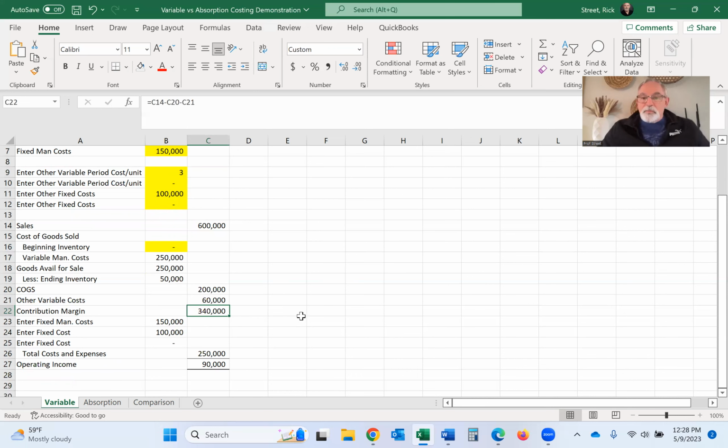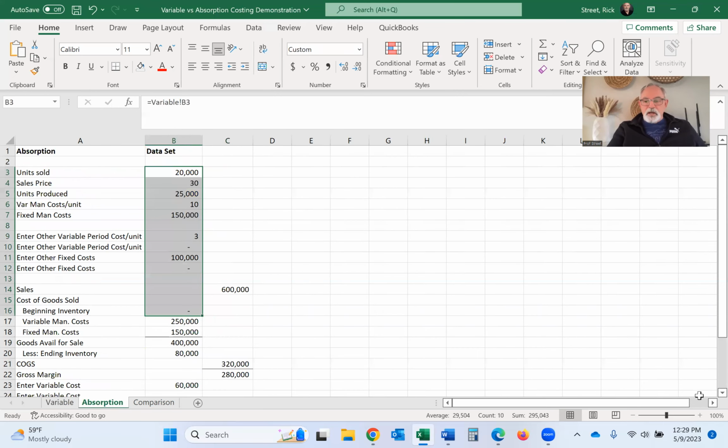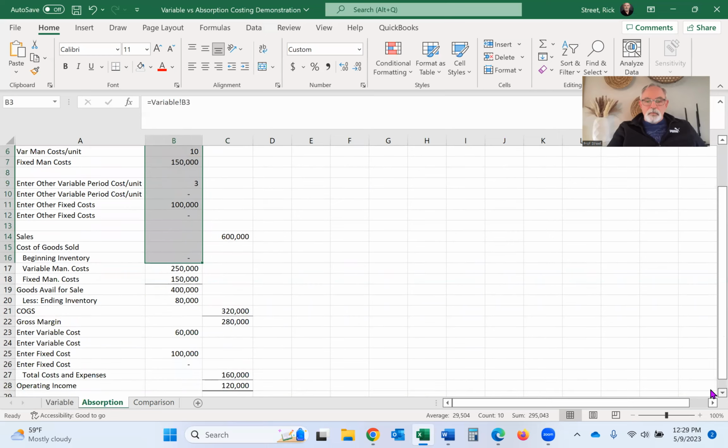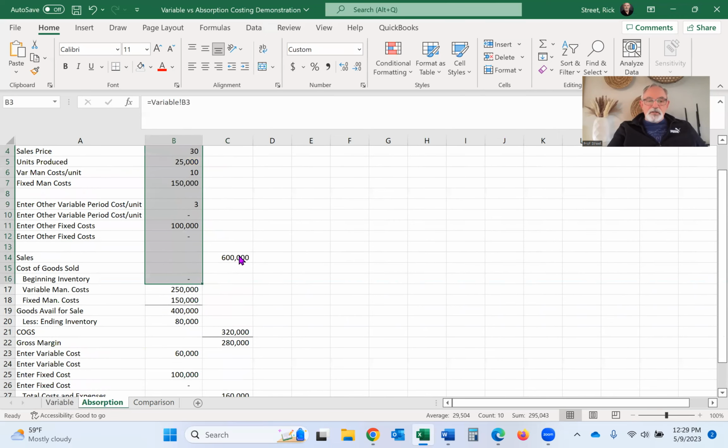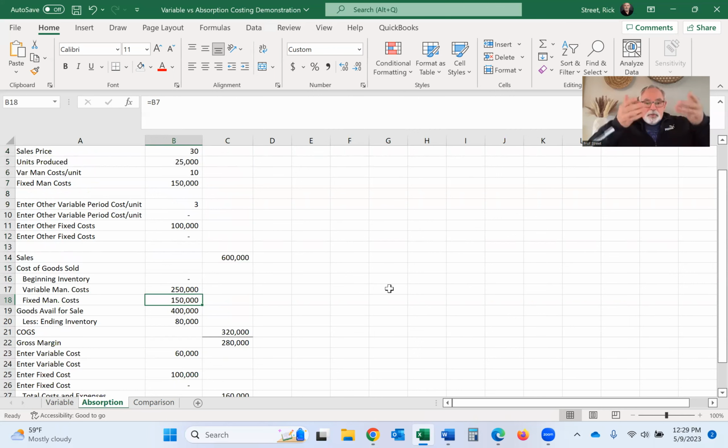At this point, we can calculate break even, at least in terms of dollars. And then all of our fixed costs are suspended down here, and we end up with a net income or operating income of $90,000. Now, under absorption costing, it's all done. $600,000 in sales, $250,000 in variable costs, and there's that $150,000 in fixed manufacturing costs above the cost, up into the cost of